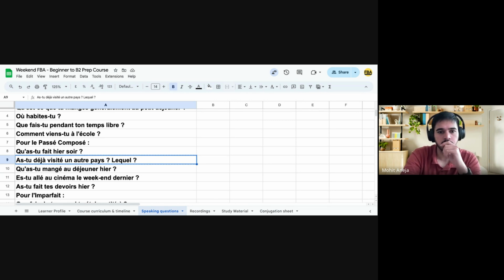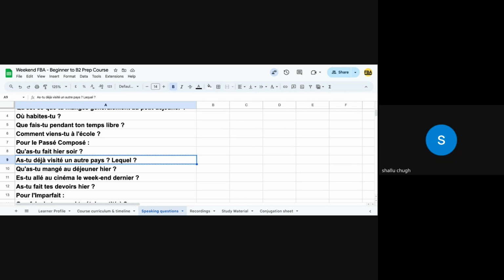Alright. Chalou, est-ce que tu peux nous dire si tu as déjà visité un autre pays et si oui, lequel? Non, je n'ai pas visité un autre pays, mais j'ai visité beaucoup de villes célèbres de mon pays, comme Manali, Shimla. Ce sont des villes à la montagne et Haridwar, Vrindavan,